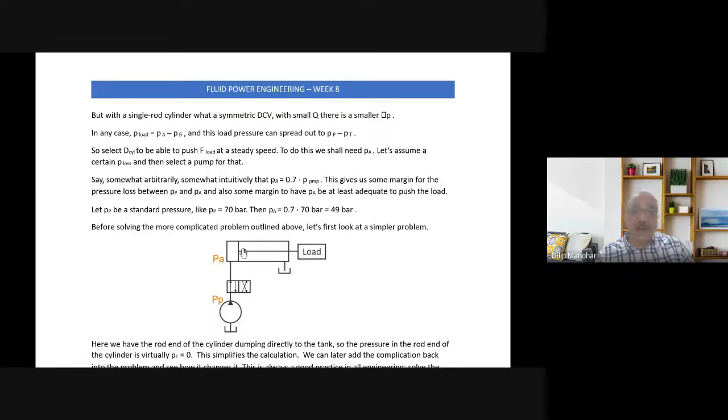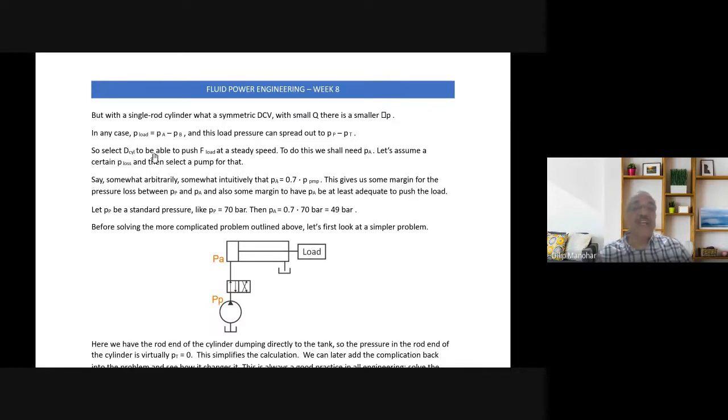So in this case, with that assumption, what do we say? Load pressure difference, that means the pressure difference across this cylinder due to load, is PA minus PB. So driving pressure is PA and the outside pressure at the rod end is PB. So load takes up some pressure difference. P load is PA minus PB. So this spreads out. But now let us see how the pressure spreads out from PP to PT. So we'll work out how we are monitoring all the pressure points and the spread of the pressures. This is just to make sure that we are taking care of all the pressures at different points.